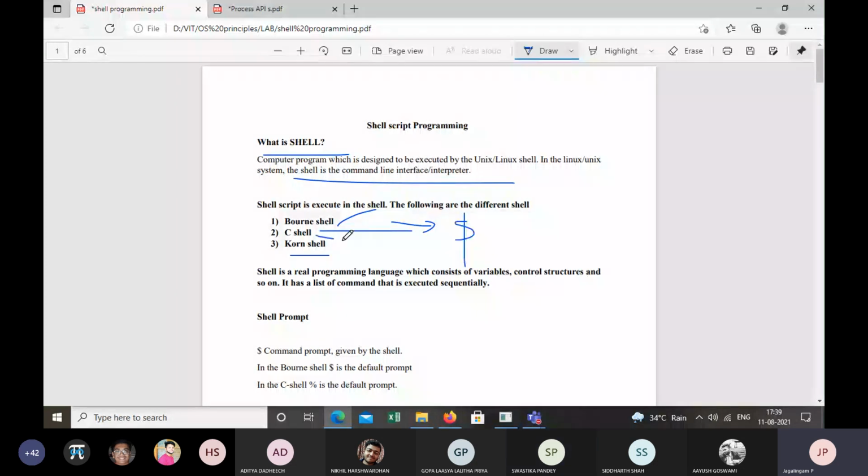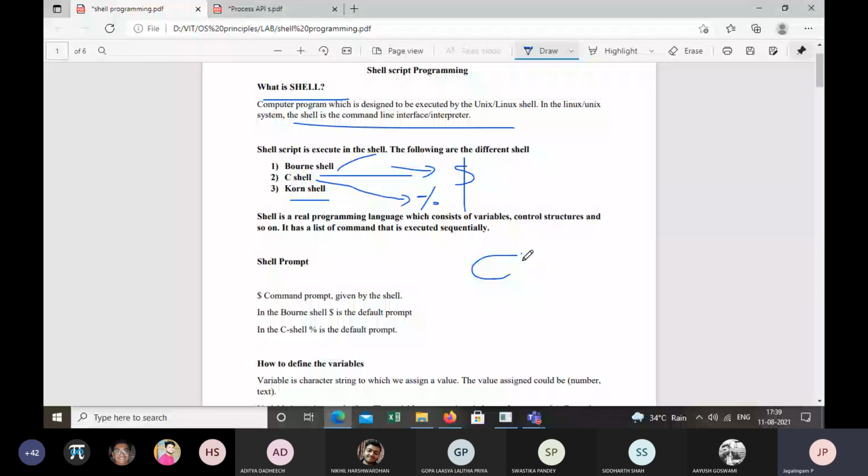Yes, sir. Now, the shell is classified into two different types. One is CLS, the other one is GS. What do you mean by this? The shell is classified into two parts.